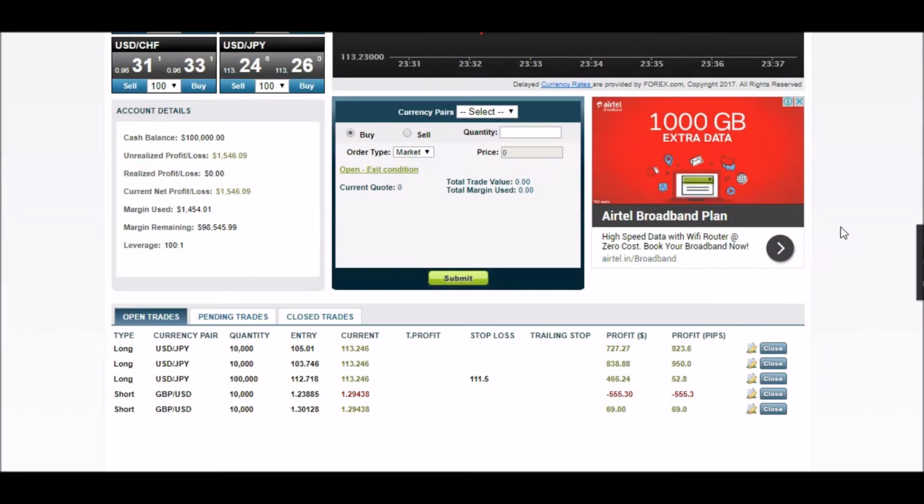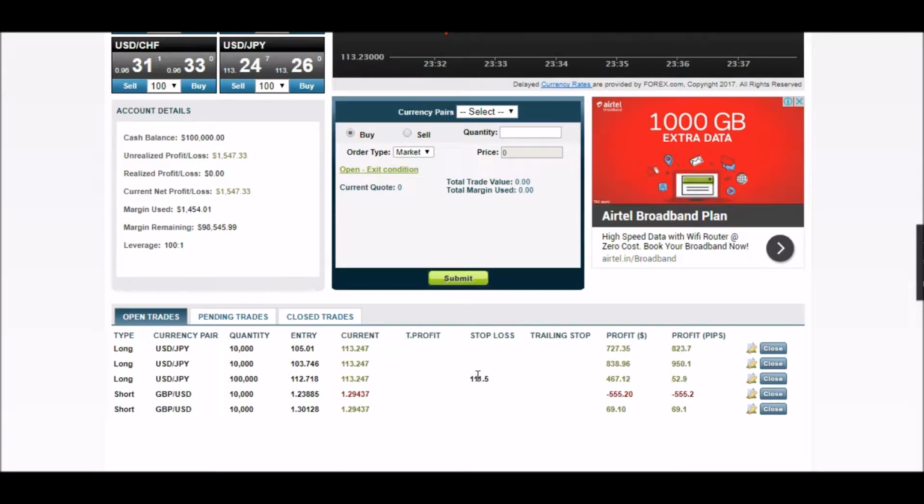So we identified a continuation head and shoulders pattern in dollar yen yesterday. And based on that, we initiated some positions in dollar yen where we bought $100,000 yen at 112.72. We placed a stop loss at 111.50 with the logic that if the prices move below the neckline, then that would be a failed continuation head